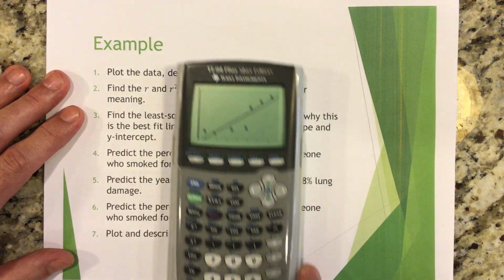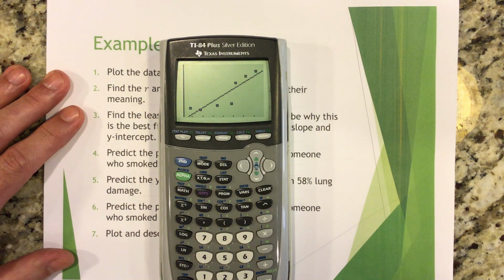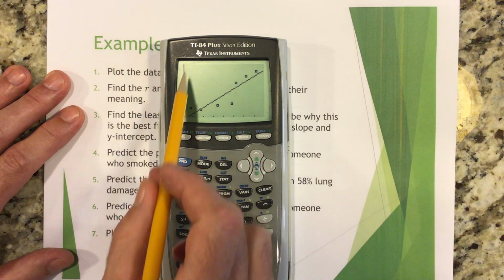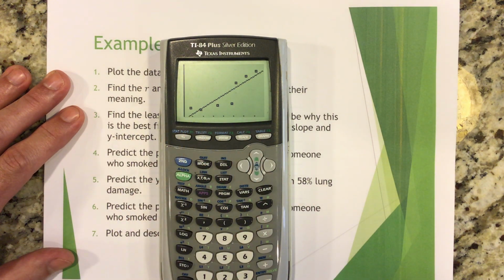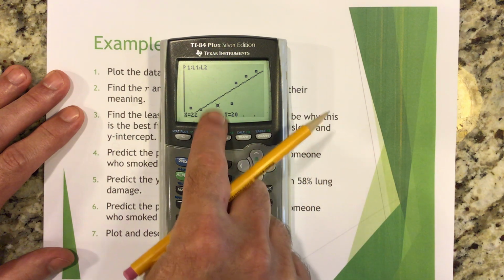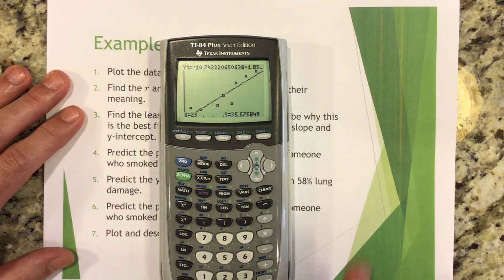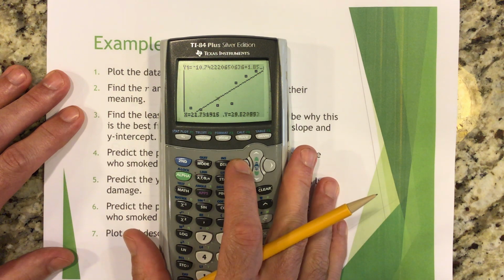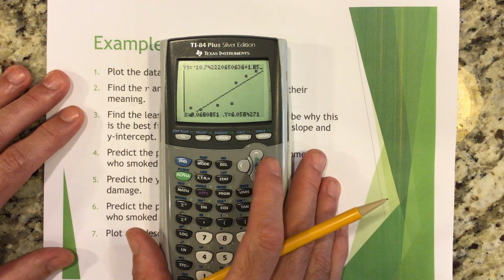So this is my graph when I do a zoom stat. And the calculator's doing a good job, right? It's framing the data so that I don't have a lot of blank space on either side of the graph. That's a good thing. However, you'll notice when you trace the line, by the way, I'm going to jump off of the point and onto the line with an up arrow, right? You trace that line, and you'll notice my cursor is going to go right off the graph